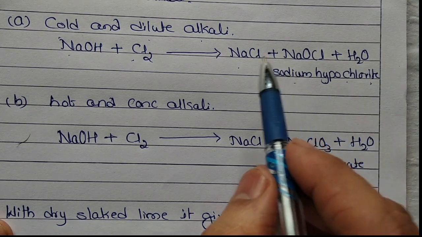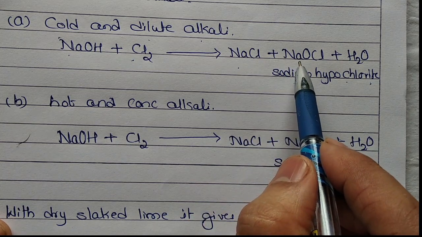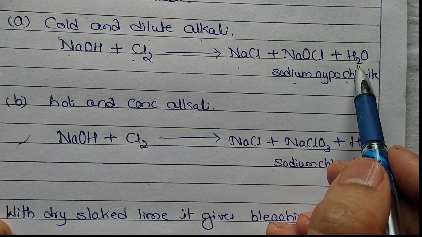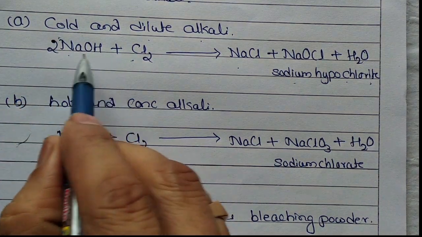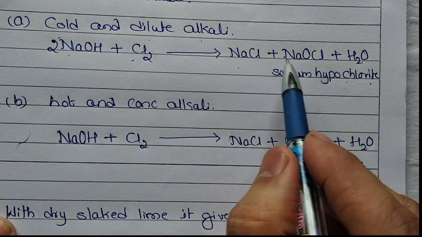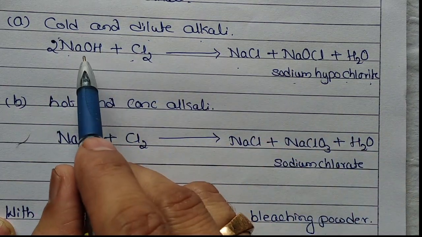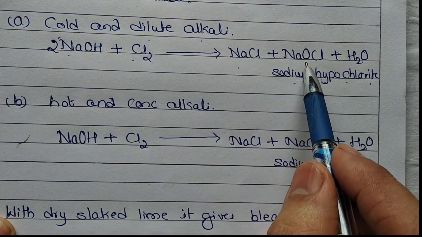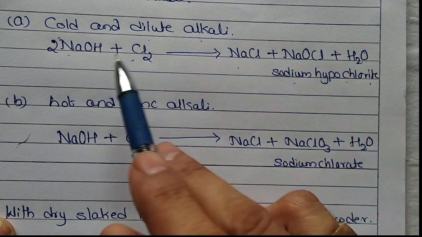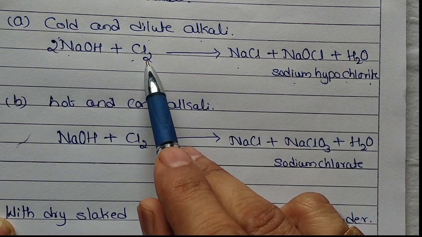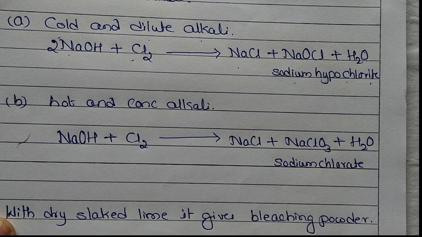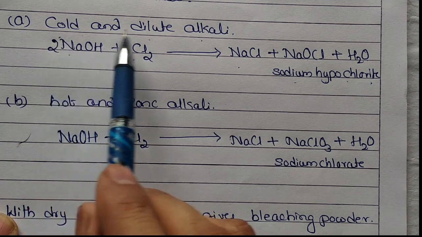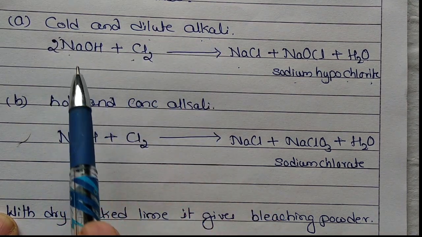Okay, so there are two sodium atoms, and hydrogen here is 2. So can I write here 2? 2 NaOH. So sodium is balanced, hydrogen is balanced. What about oxygen? There is one oxygen here and one oxygen here, so 2 oxygen is balanced. What about chlorine? Cl2, Cl. So it is balanced. This is how it reacts with the cold and dilute alkali, that is NaOH.